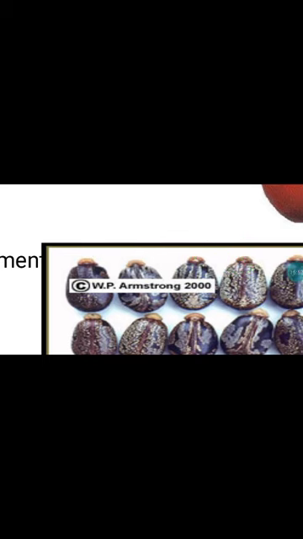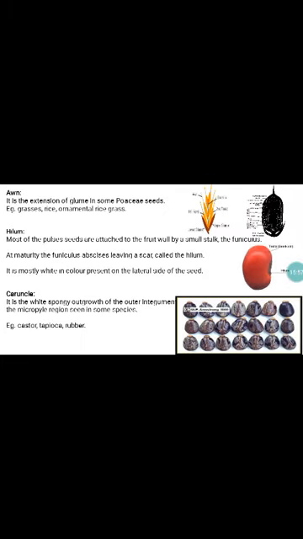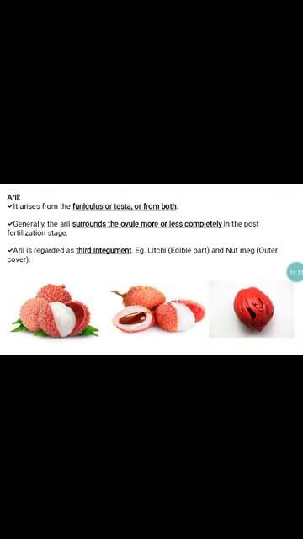This plays some role with reference to germination-related events. Some opinions are positive and some are negative, so that is debatable from the science point of view. So the caruncle is an external structure of castor, tapioca and rubber. It is a warty outgrowth. Then another thing is the aril. That is also an external seed structure. It arises from the funiculus or testa or sometimes from both. Actually, this is considered to be a third integument.